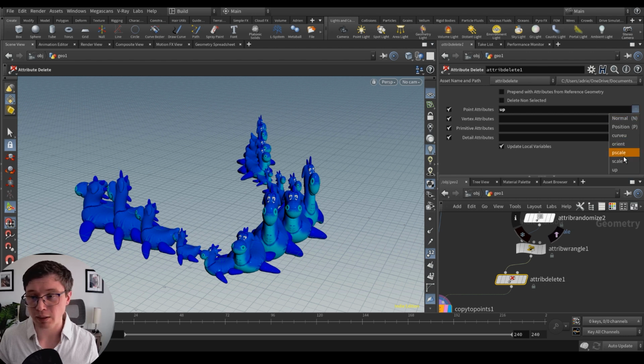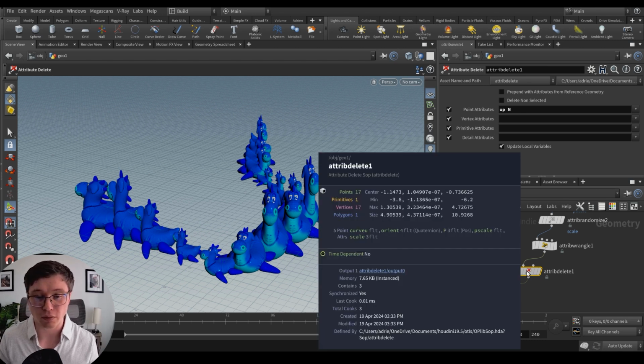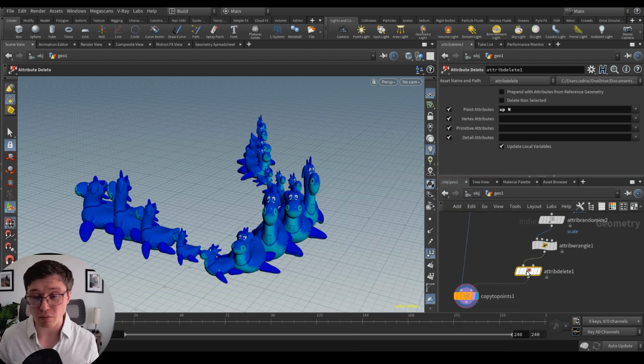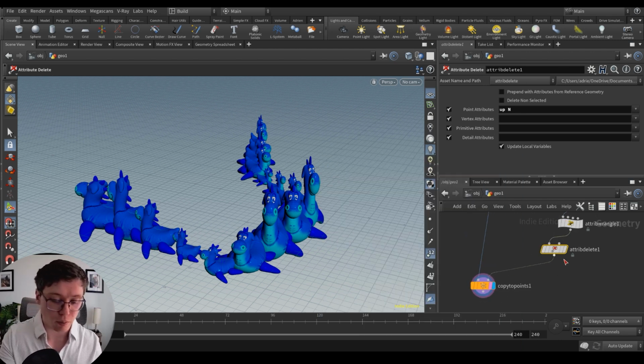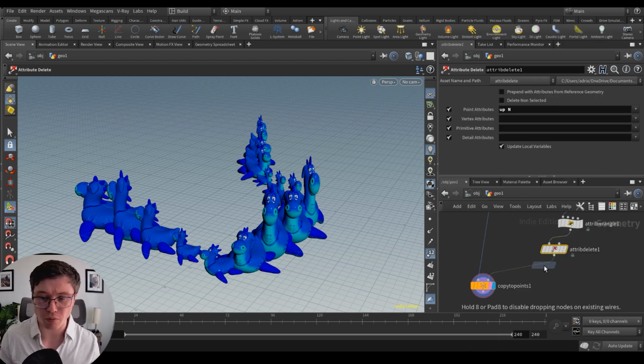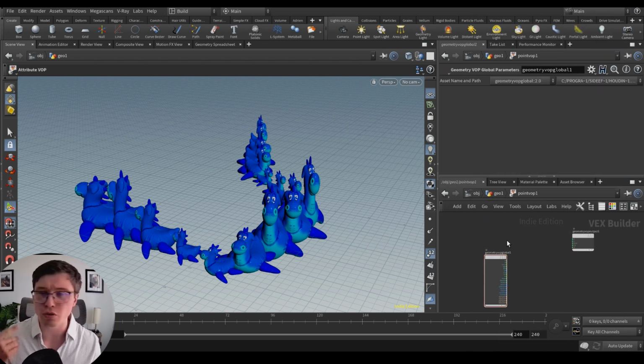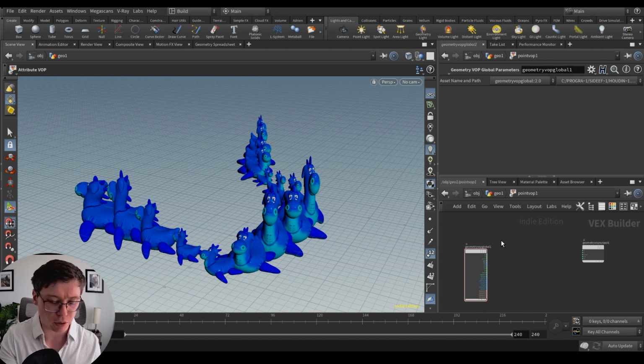Up and normal, yep, that one. And it still worked because it's now driven by the orient, and we can always tweak that with more either VEX or VOP. Actually, I like to use VOP for some stuff, because if you want to use a noise, let's say to add variation into the rotation, that's an interesting option to have.